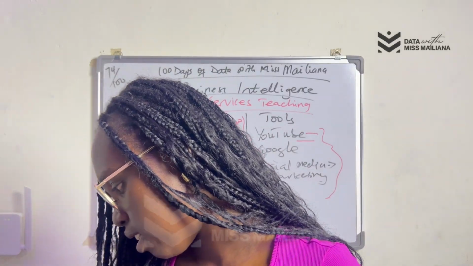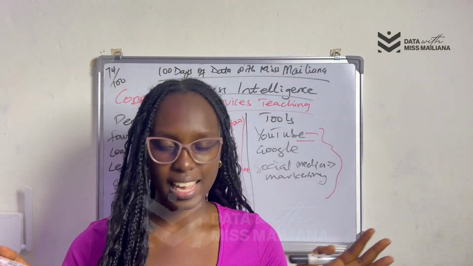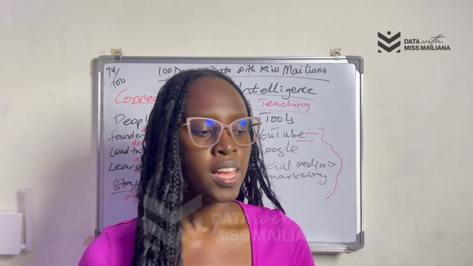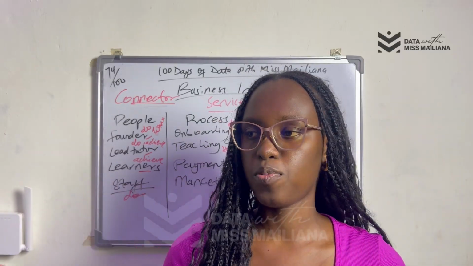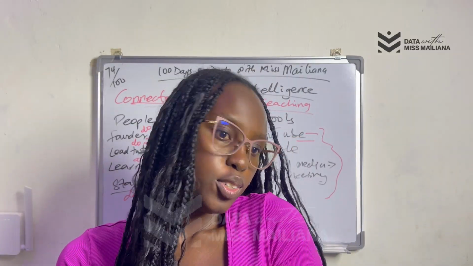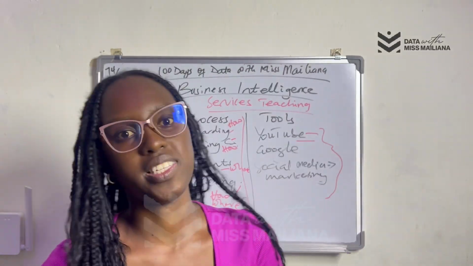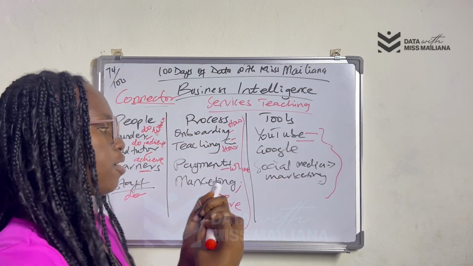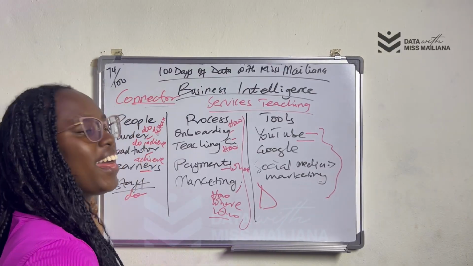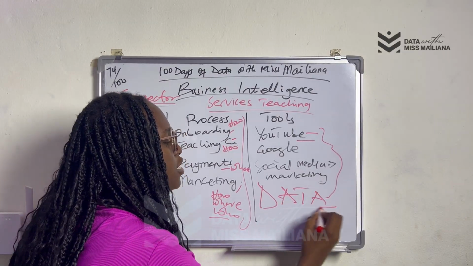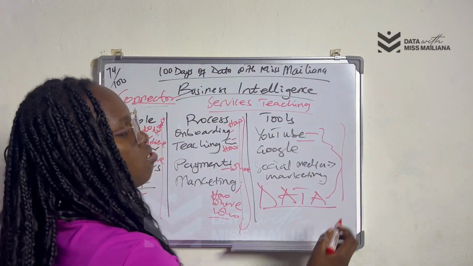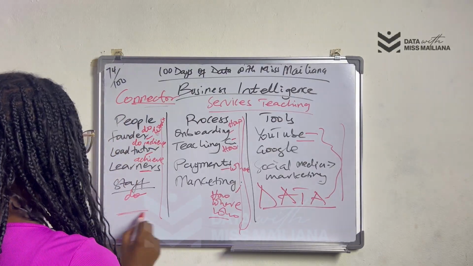Another thing is you do all this with what? Evidence. You are not going to be someone who explains I had no evidence. You are going to find out, okay, this is a problem the customer is facing, and I think with this and that, with the evidence we have here. And in fact, how would you know that there's a problem? Your data always comes in. So all this information that we are saying here, which I have written and I'm talking about, all has to do with my beautiful word, data. Because if you have data on the people, and you have data on the process, and you have data on the tools, then when there's a challenge here, you will know.